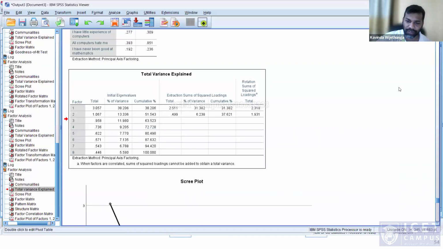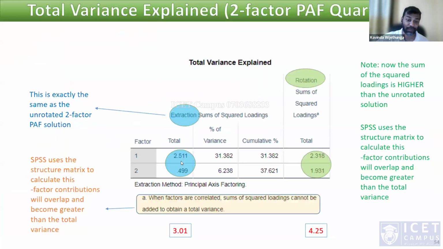Now if you take the sum of the squared loadings, it's higher than the previous one. Because the previous one is the unrotated solution, and here there is a rotated solution. So we discussed that correlations are increased if we use the rotated methods. And when factors are correlated, the sum of the squared loadings cannot be added together to obtain